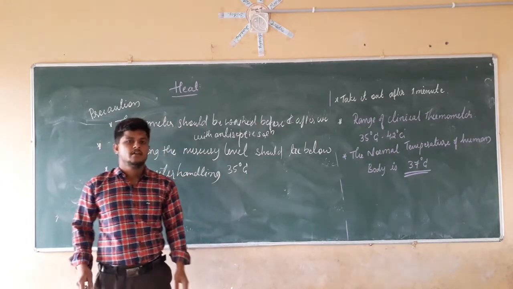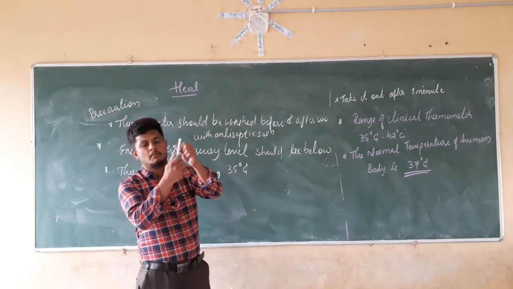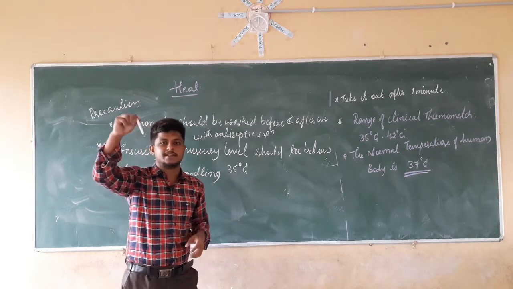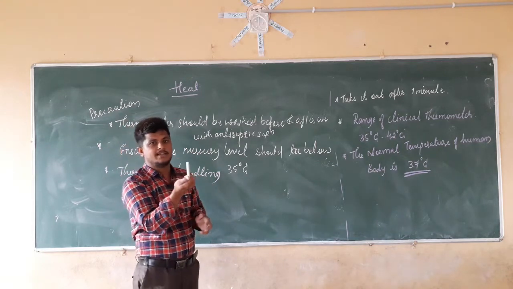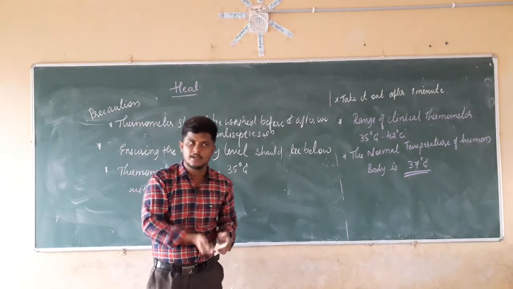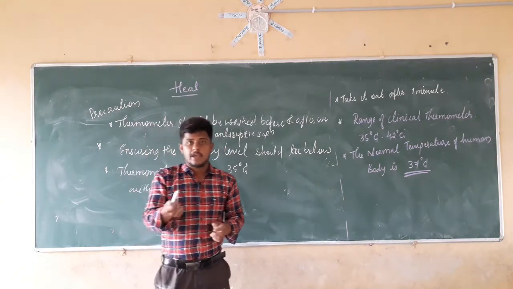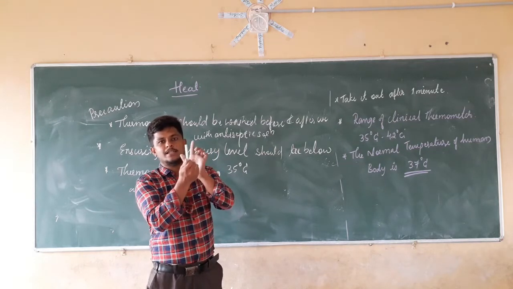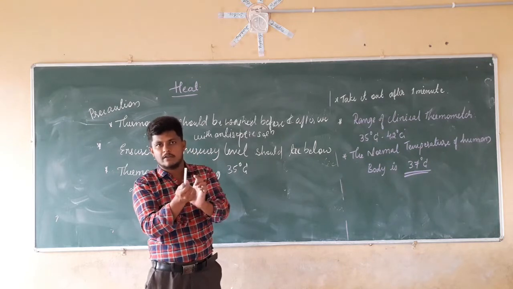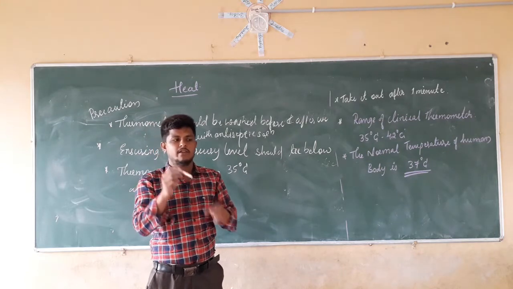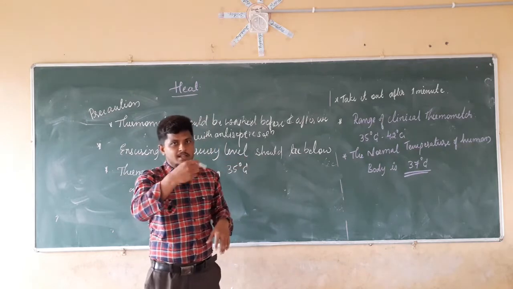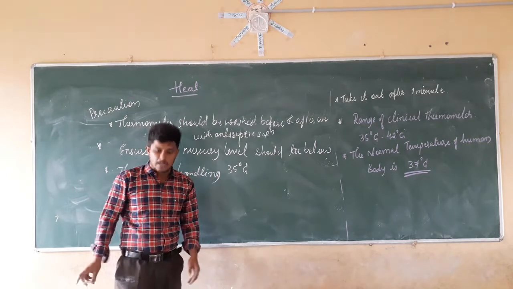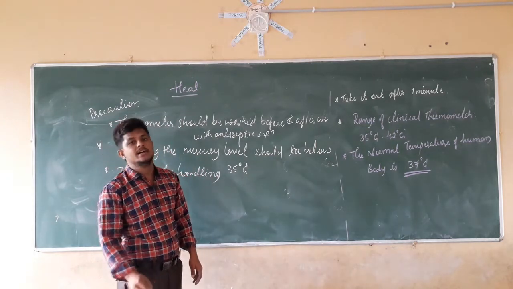And the last thing, we shouldn't hold the bulb of the thermometer. We should hold it like this, we shouldn't hold it like this. If you hold it like this, there is a chance of breaking the thermometer. Also, when we hold the bulb, our body temperature is going to be registered by this thermometer and there will be a rise in the mercury level. If we then put it in another person's mouth, no accurate results are going to come. These are all the precautions we should take.